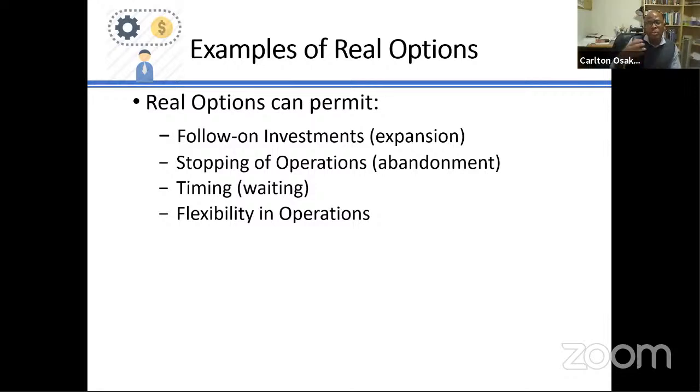I think what I'd like to do now is to run through an example that would show the power, shall we say, of using this method. Okay, it's a fairly straightforward example, and what we'll do is first take a look at the discounted cash flow method, and then we'll take a look at applying the real options method, and see the difference and see what the advantage would be of the real options method.